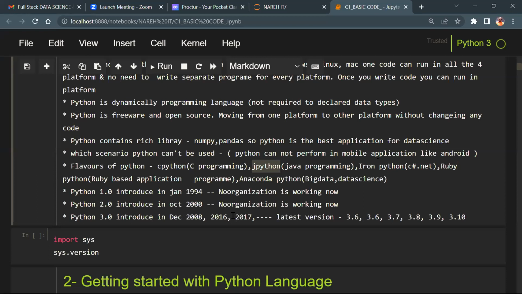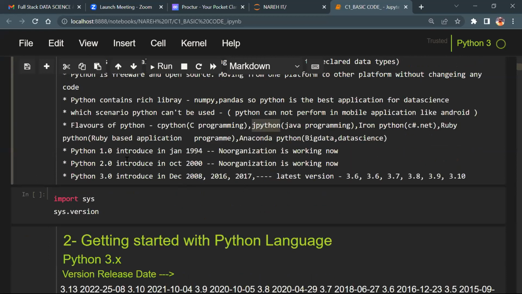All right. Now let's talk about Python 1.0, introduced in January 1994. What is meant by versions? Does everybody use Windows versions or not? Windows 7, Windows 8, Windows 9, Windows 10. Did you see any differences, guys? What differences did you get between Windows 9 and 10? Anybody tell me.